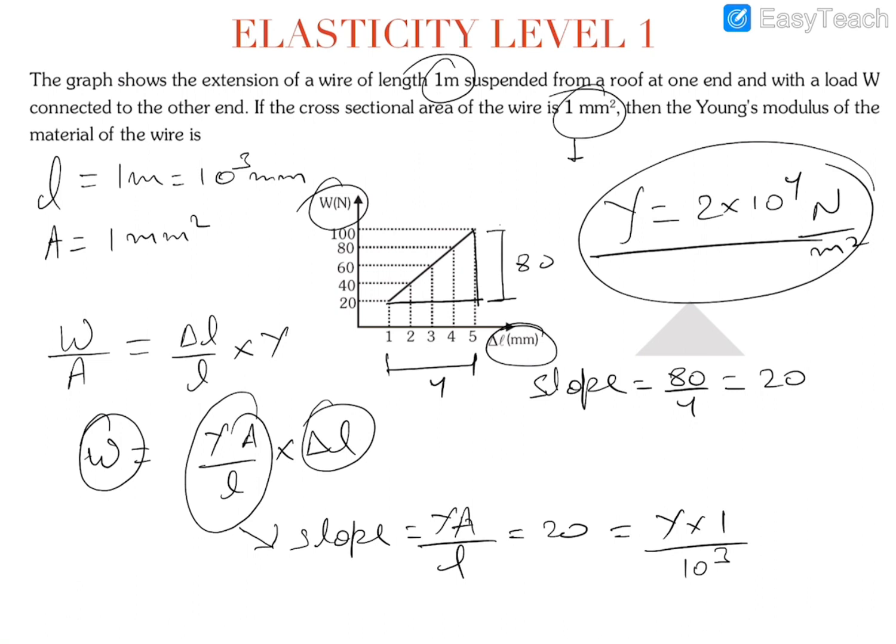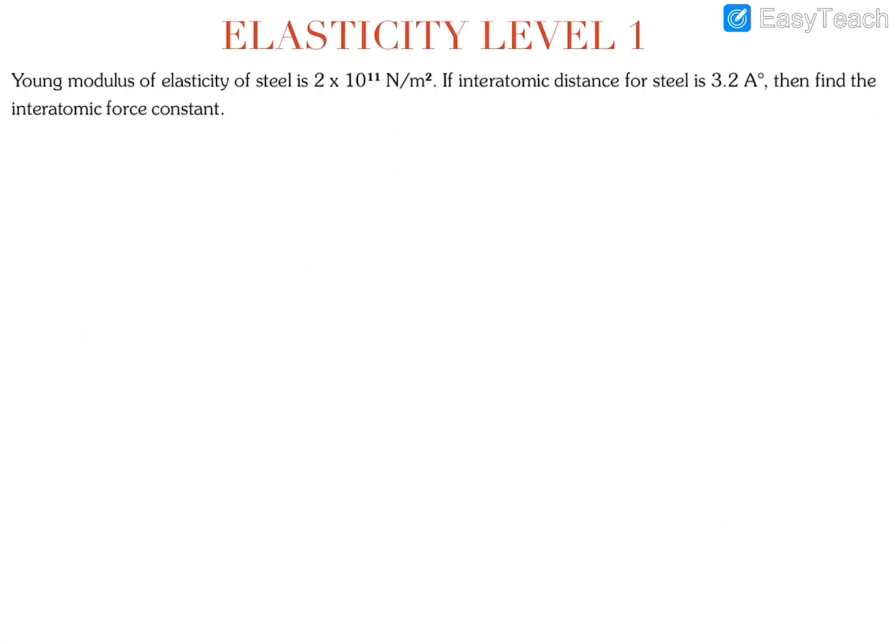So this is the Young's modulus of the wire. Now we move on to the next question. In this question, we have to find out the interatomic force constant for steel, and it is given that Young's modulus of steel is 2 into 10 raised to power 11, and the interatomic distance for steel is 3.2 angstroms, which is 10 raised to power minus 10. So we know that the interatomic force constant K,